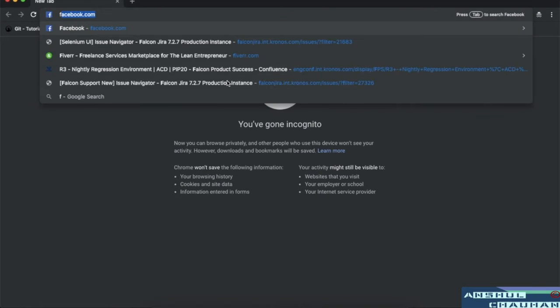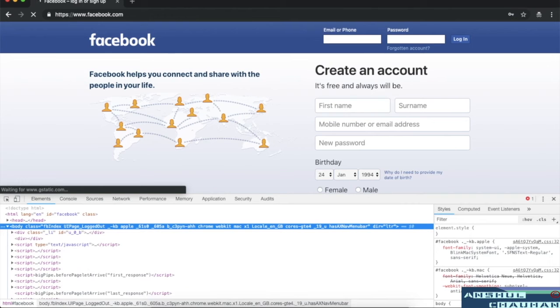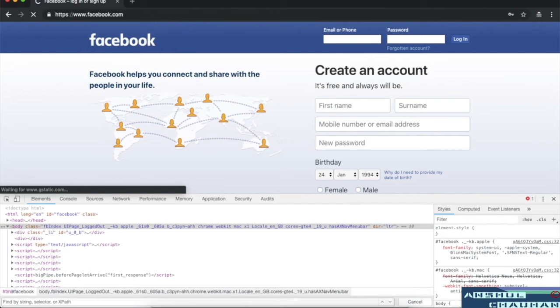Let's go to any website. I will open facebook.com, and this is the landing page of facebook.com. Suppose you want to identify how many web elements are present on this particular web page. We will open the developer tools by pressing the F12 key, then press Ctrl F to open the XPath finder, and here we define double slash asterisk.